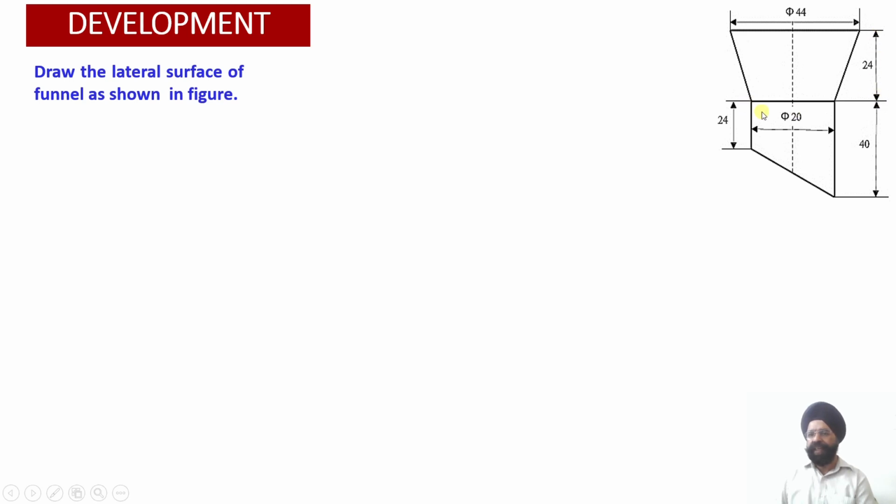Similarly, the cylinder has a diameter equal to 20 millimeter. The length of the uncut cylinder is 40 millimeter, and it has been cut by a cutting plane so that two coordinates are given. One is the rightmost bottom corner, and the cutting plane passes through the second coordinate, which is 24 millimeter below the top face on the left hand side. This completes the construction of the original object.